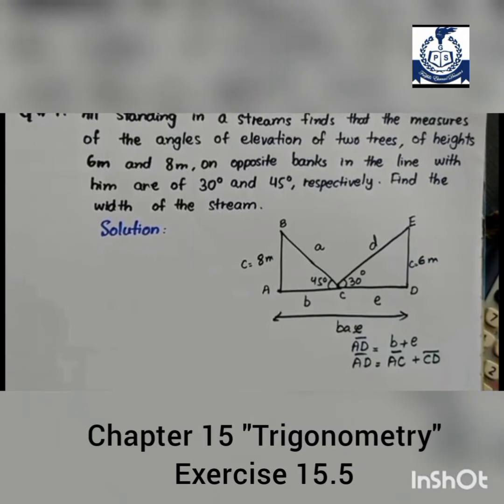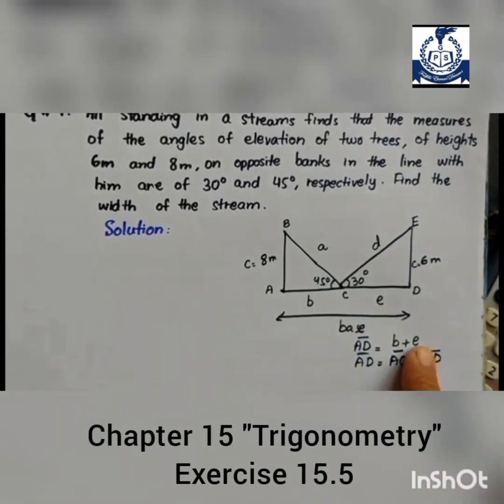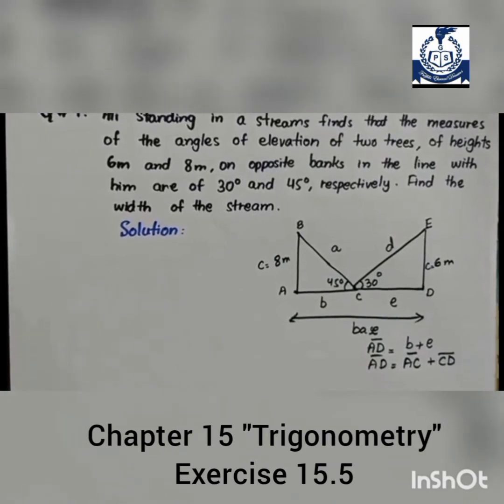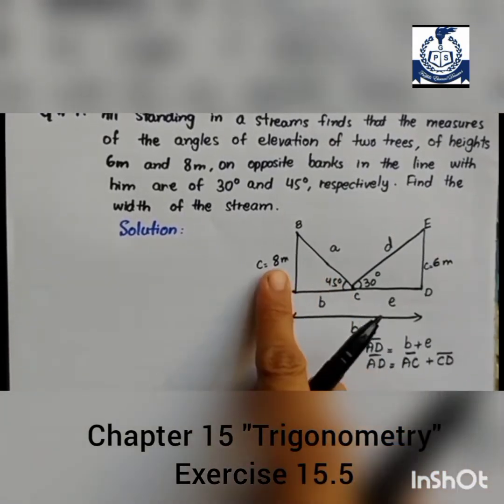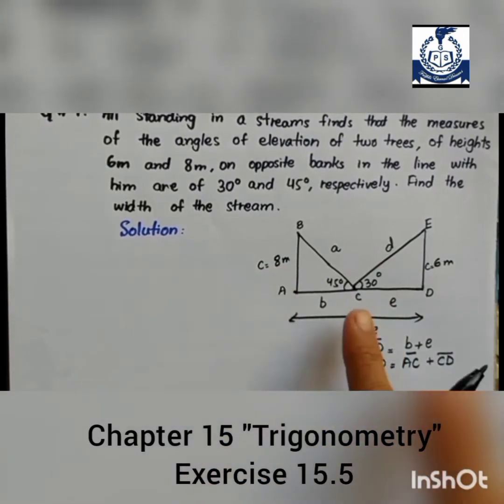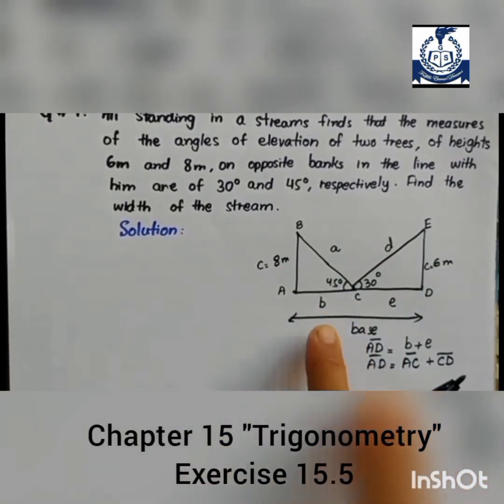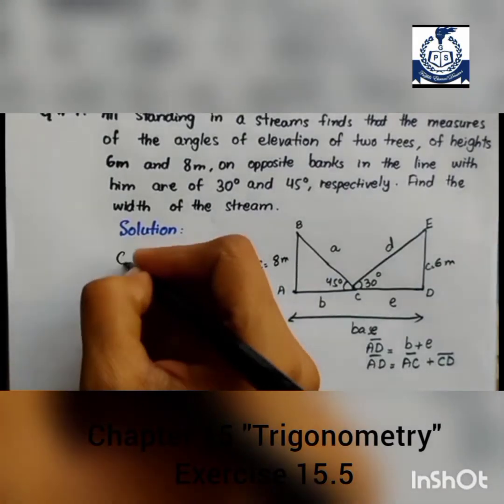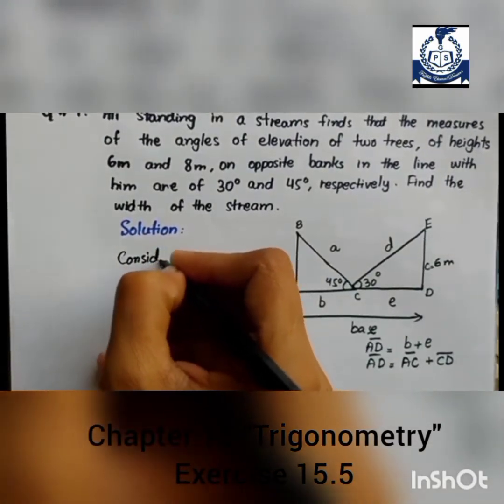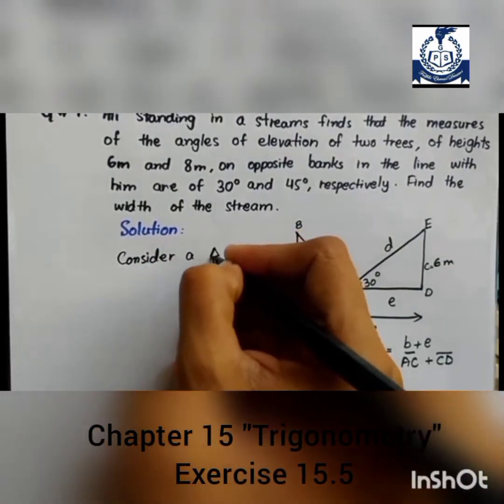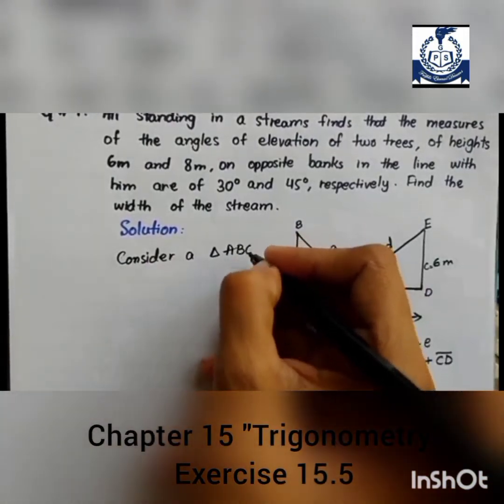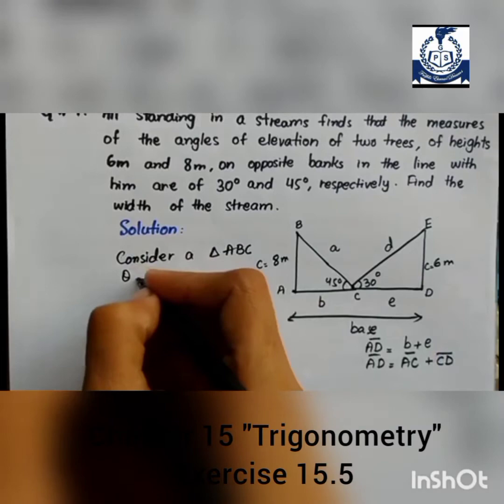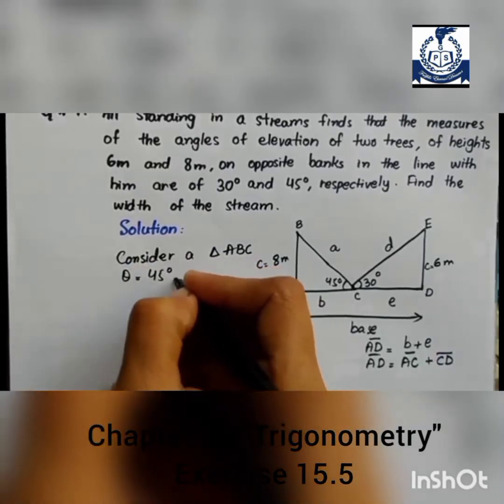So AD is equal to AC plus CD. So I make the angle of which is 45 degree, and the side is 8 meter, and we need to find out the base of this. So consider a triangle A, B and C. Theta is equal to 45 degree